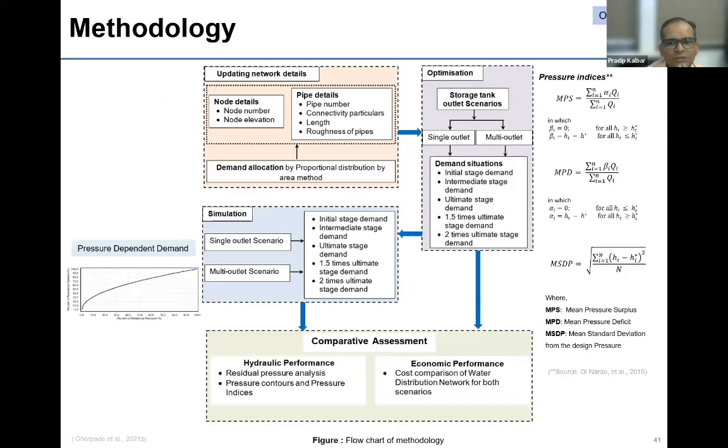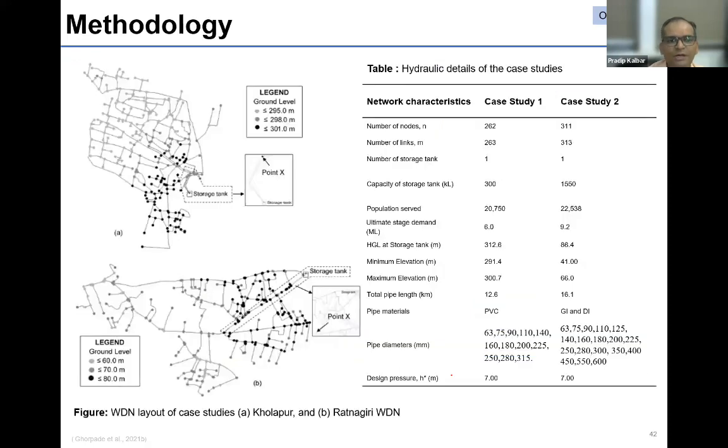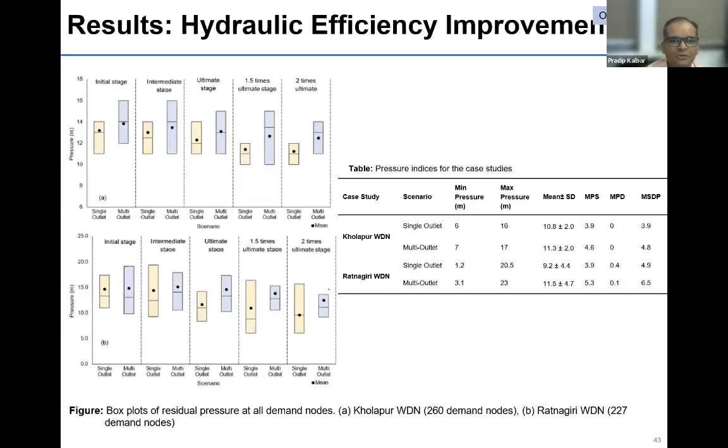So Anuj did this particular analysis, research on comparing single outlet with multiple outlets. So we have taken 2 networks and converted single outlet to multiple outlets. One is in Kolhapur in Amravati region and Ratnagiri in Konkan region in Maharashtra. So what happens if you convert single outlet to multiple outlets? You can see on all fronts, multiple outlets, which is in blue here, performs very well. This research is also published as part of his PhD work.